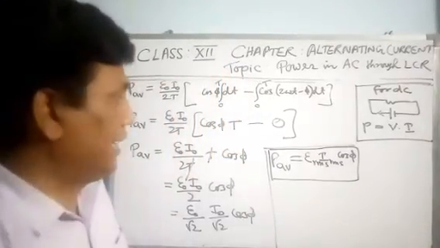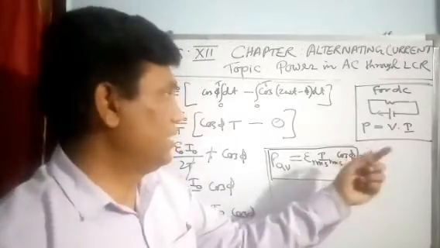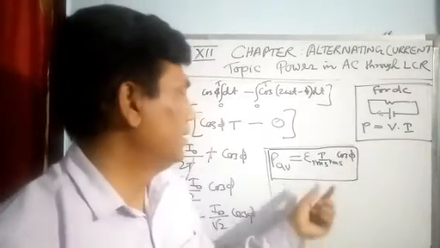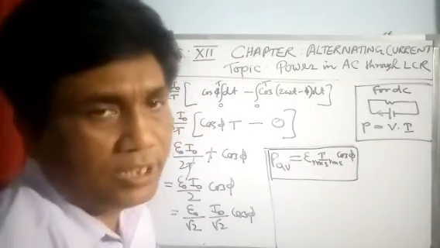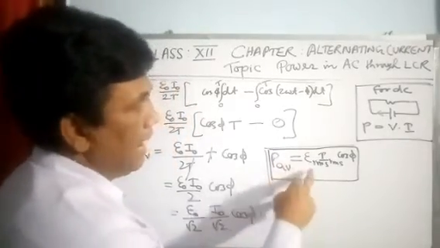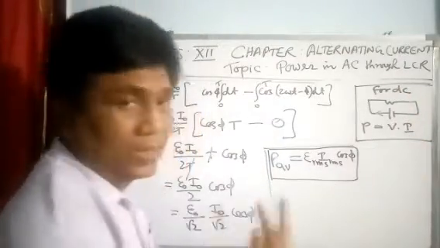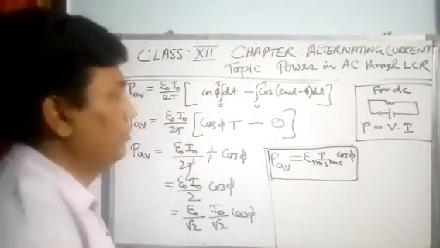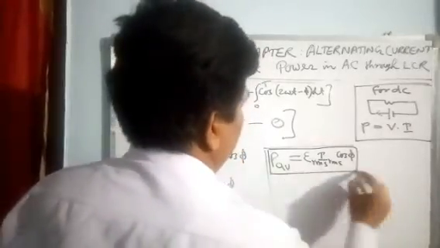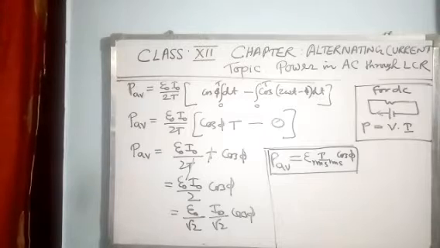So you can take it as a general expression. It can be used in the DC circuit also. For a DC circuit, phi is always 0. So cos 0 is 1. It means it is voltage into current only. And I have already said the RMS value of AC and the current in DC both are equivalent. I have already discussed this thing. So that is the general expression here, the derivation of power in AC.